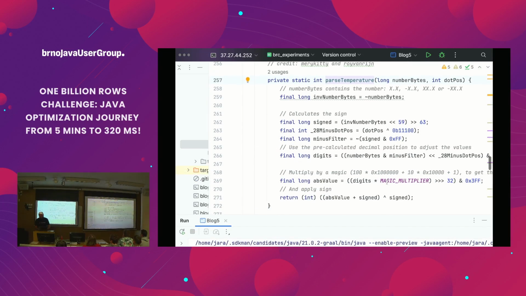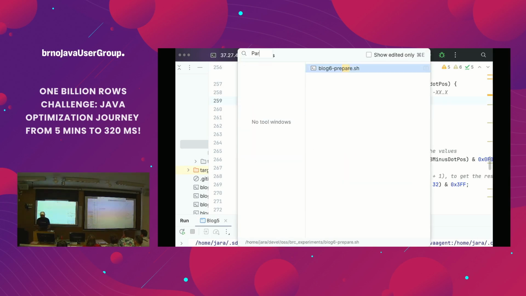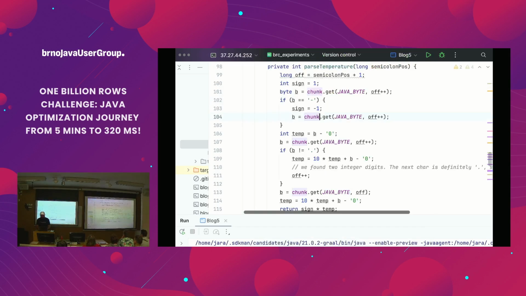Yes. So this is one of the results of the rules, which is, it's open source, steal from each other. And there was this guy with a GitHub handle Merykitty with single R, who came up with this beauty, because if you remember our parser, even the optimized parser, this is our optimized parser, still has a branch. Is it predictable? Not at all. Sometimes there is minus something because it's negative temperature sometimes. So this is super unpredictable. If you have half negative, half positive temperatures, this is not predictable at all.